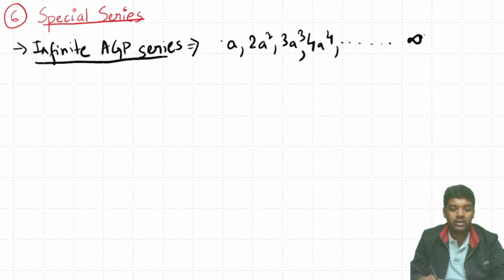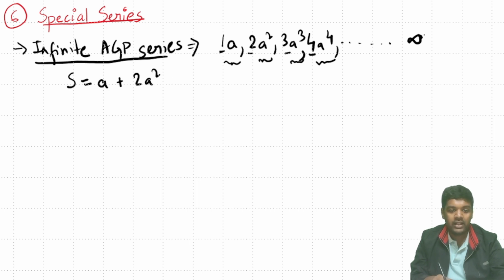यहाँ पे अगर आप देखोगे जो नंबर वाला पार्ट है 1, जैसे a के पहले 1 है, 1 2 3 4, ये एक AP सीरीज है जिसका कॉमन डिफरेंस 1 है. Whereas the algebraic portion a square, a cube, a to the power 4 and so on is GP series with a common ratio of a. Clear? अब मुझे बोला गया कि यार इसका सम निकाल के दिखाओ. Let's say S is the sum. S equals to a plus 2a square plus 3a cube plus 4a to the power 4 plus dot dot dot